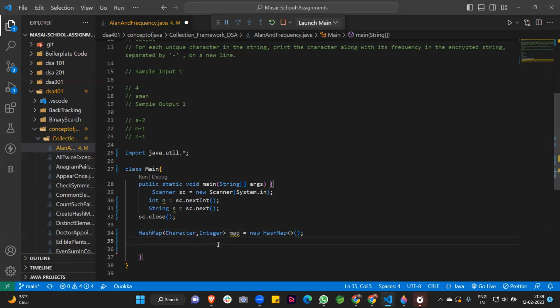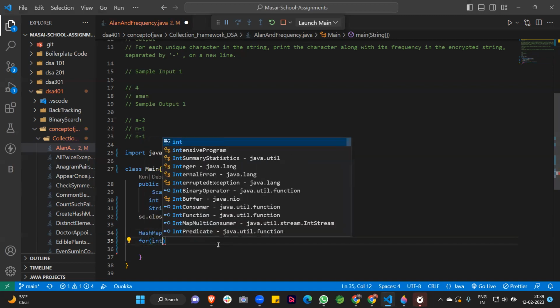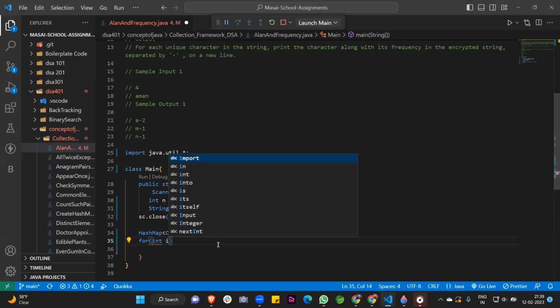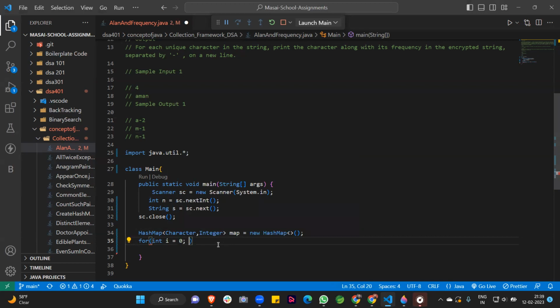After that, we write a for loop for iterating over the string characters. int i is equal to 0, i is less than n, and then i plus plus for the increment. So this is done.